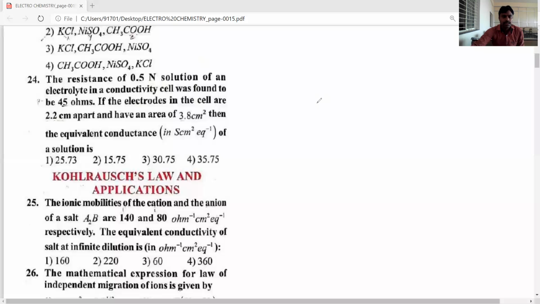24th question. The resistance of a 0.5 normal solution of an electrolyte in a conductivity cell was found to be 45 ohms. Means R is equal to 45 ohms, the resistance of the conductivity cell. The electrodes in the cell are 2.2 centimeters apart, and the area is 3.8 centimeters square. Then the equivalent conductance they asked. So the cell length L is equal to 2.2 centimeters,